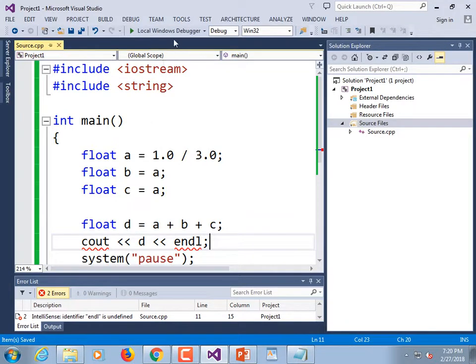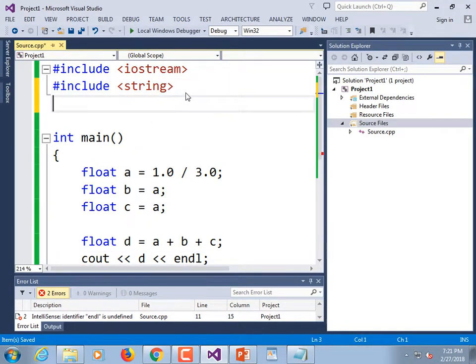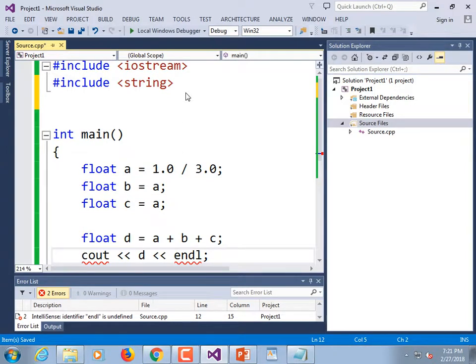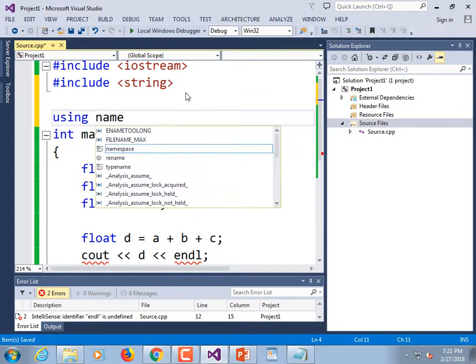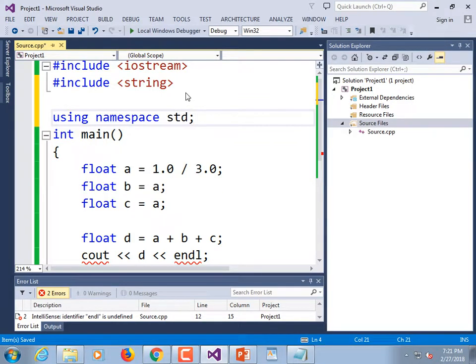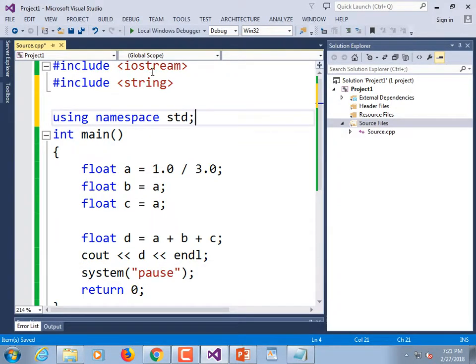cout is undefined because I forgot to do the using namespace up at the top. I'm going to be all program. Nah, I'm going to wimp out. Doing using namespace std is wimping out. It's unprofessional. What we should be doing is leaving that out and prefixing all of our things with